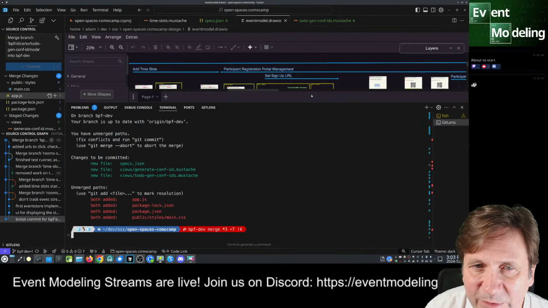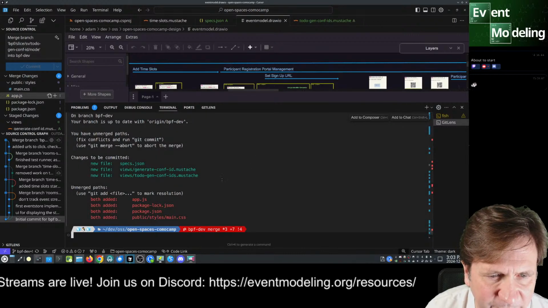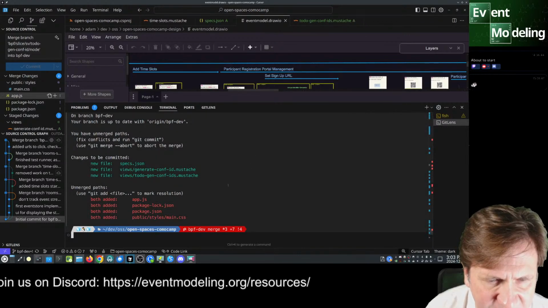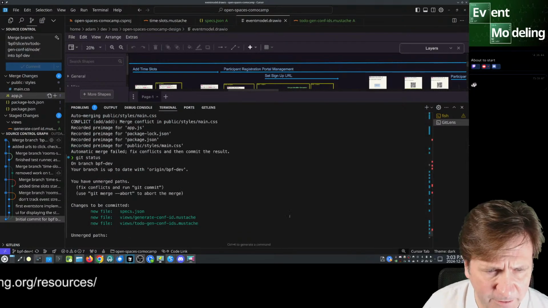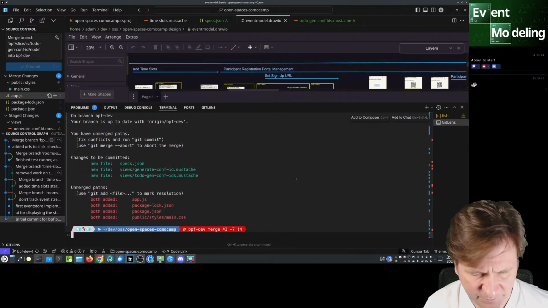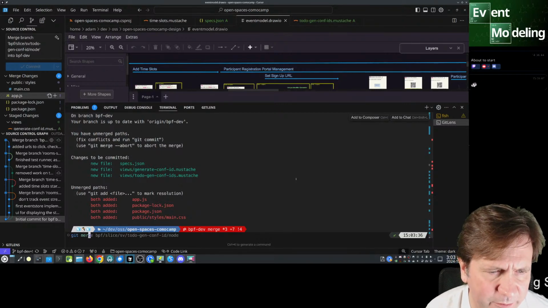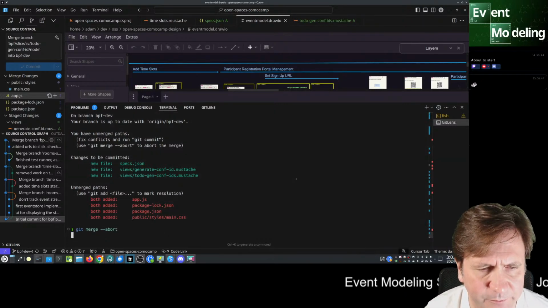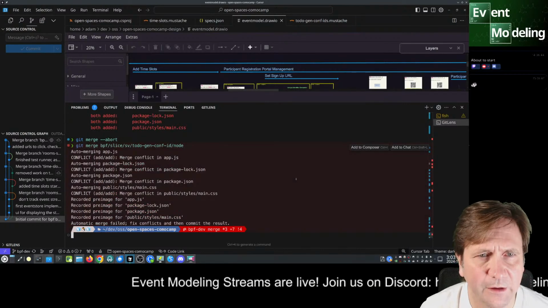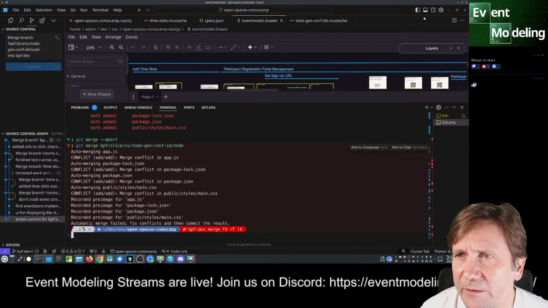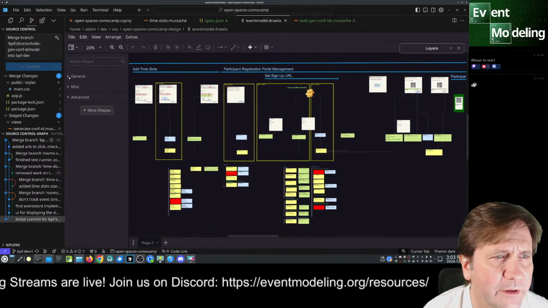Let's just start from scratch here, because we have some of these things here that are going to be easier to deal with. But we are in a merge, so we can do a git merge abort and do it again. And now we should have this back where we can